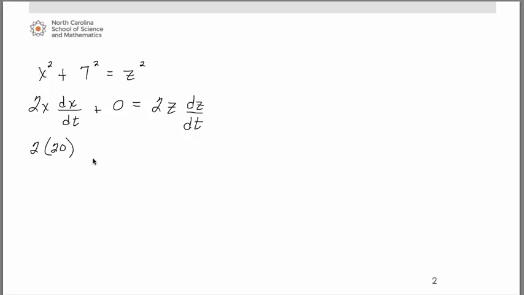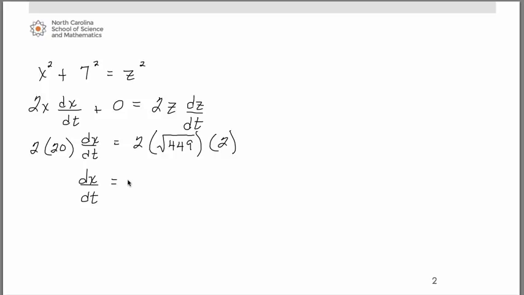So at the particular point in time at which we're trying to figure out how fast the boat is approaching the dock, we know x is 20. dx/dt is that which we're trying to find. Remember, we figured out z at that point in time to be the square root of 449. And dz/dt we know at that point is 2. So if we go ahead and solve for dx/dt,